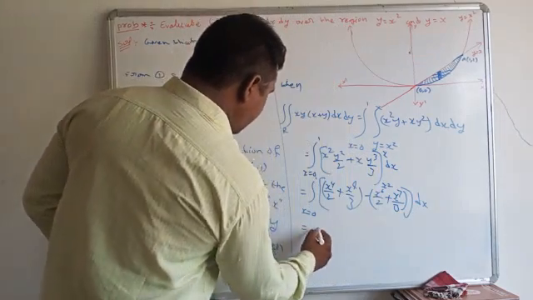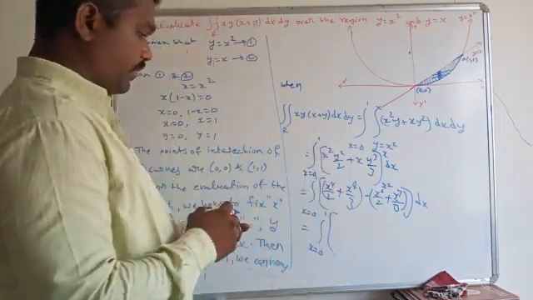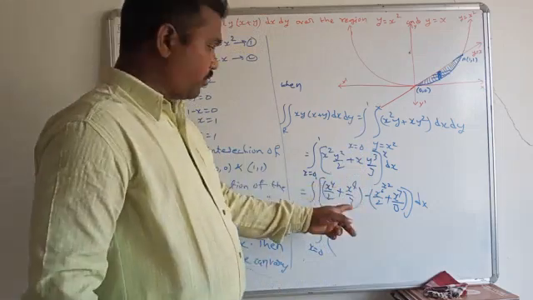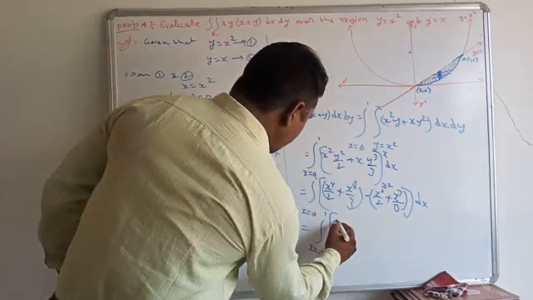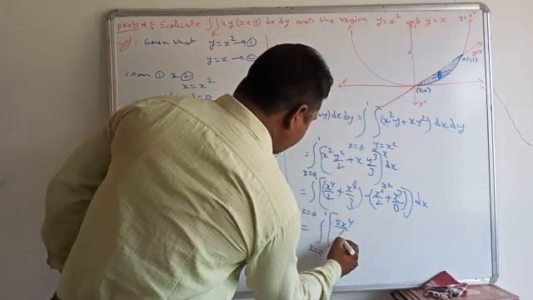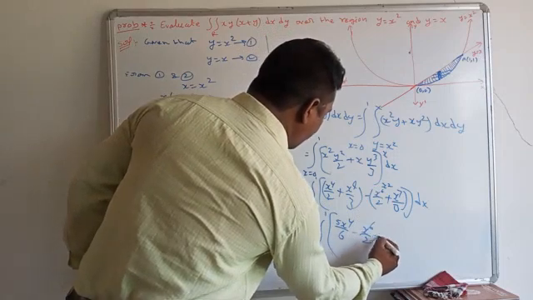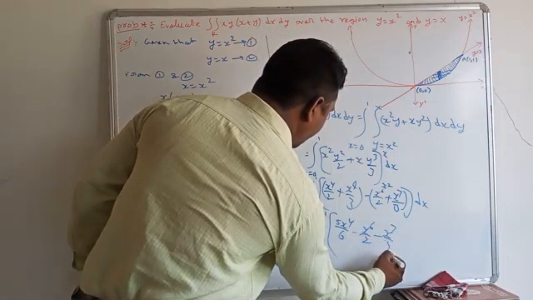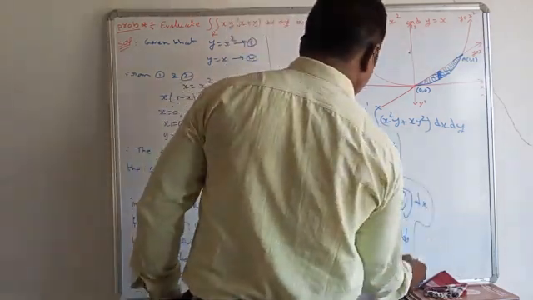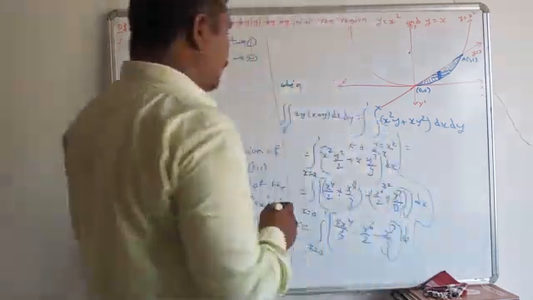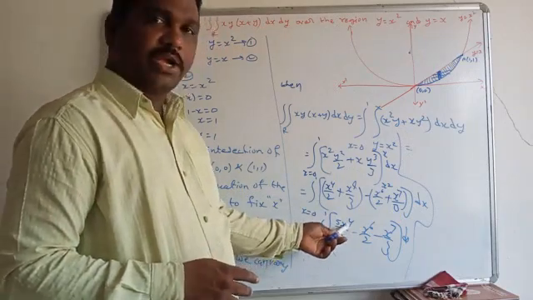It's finally x varies from 0 to 1. x power 4 LCM 6 అవుతుంది, 3 plus 2 is 5, 5 x power 4 by 6 minus x power 6 by 2 minus x power 7 by 3 dx. This is equal to, ఇప్పుడు దాన్ని ఇంటిగ్రేట్ చేయాలి విత్ రెస్పెక్ట్ x. ఇంటిగ్రేట్ చేయండి x power 4 కి ఇంటిగ్రేషన్ x power